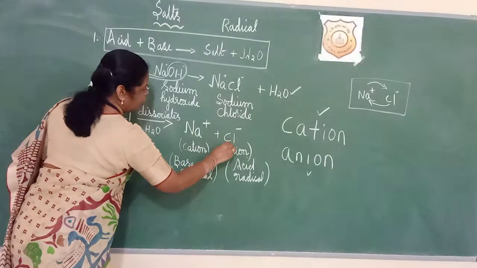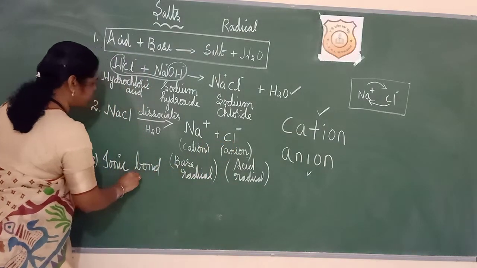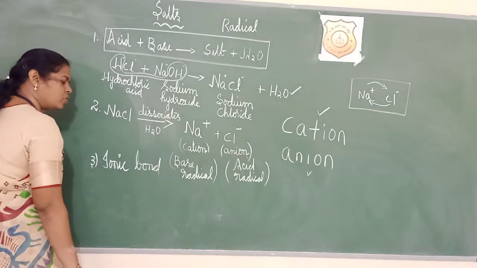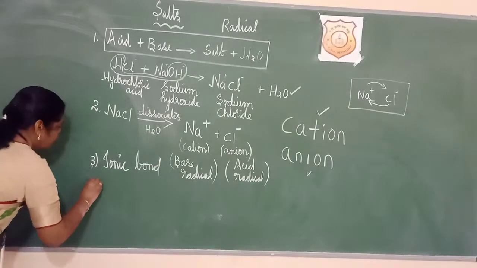Between sodium and chlorine, how are they united? It is because of this bond. Okay, ionic bond. It is also called an electrostatic bond. Okay, the fourth one is